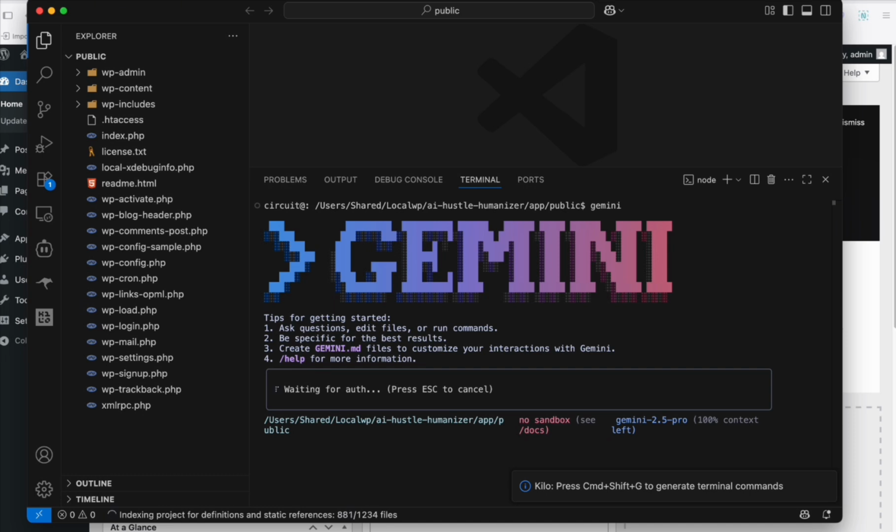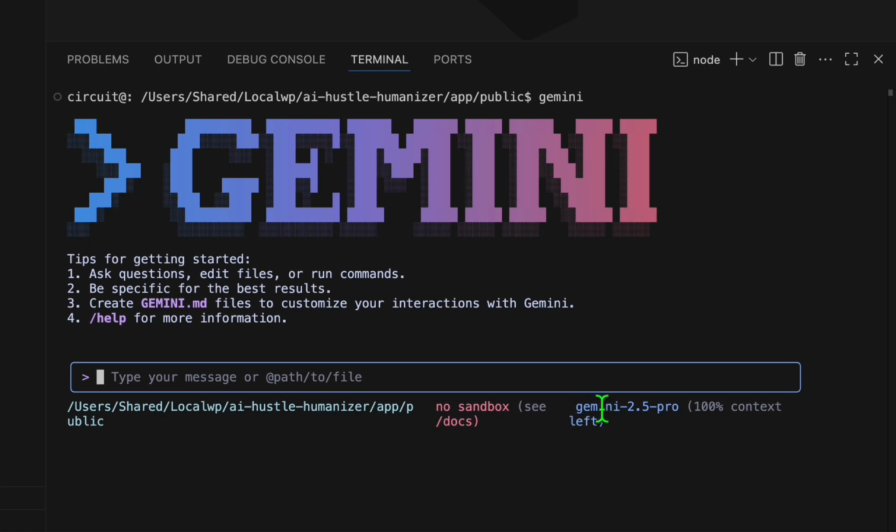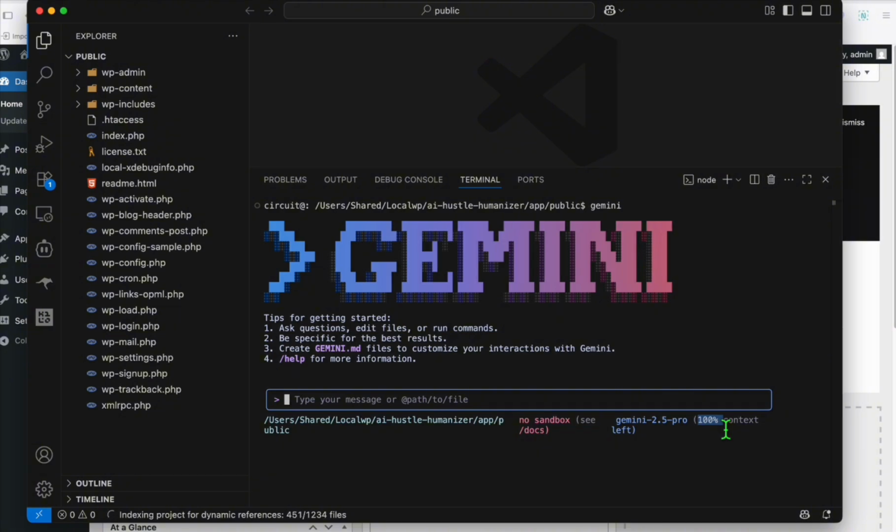Because I already have Gemini installed. If not, you can watch the video in the description below. I have instructions on how you can install Gemini CLI easily on your computer. And here you can see right here, Gemini 2.5 Pro is the default model that you can use. So it's pretty intelligent and you can use that for free. It has a limitation of 100 contexts per usage, but I think this will be good enough to complete